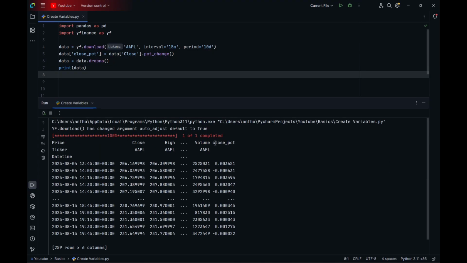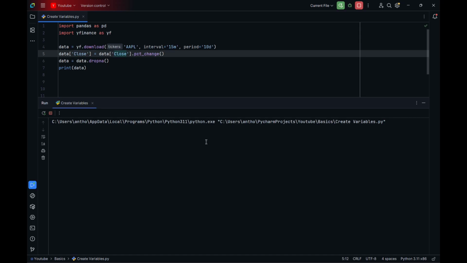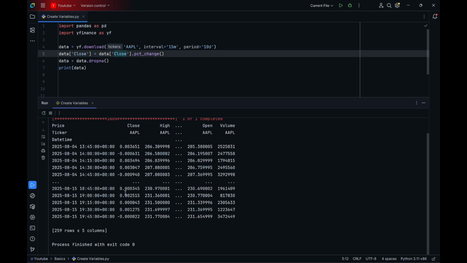So now let's say I don't want to create a new column, but I want to erase this column. And instead of having the closing prices in absolutes, I want them in percentage change. What I will do is that instead of creating a new name, I will use the existing name. So I will just do copy and paste. And as you will see, it will just erase the data of the first column and replace them by